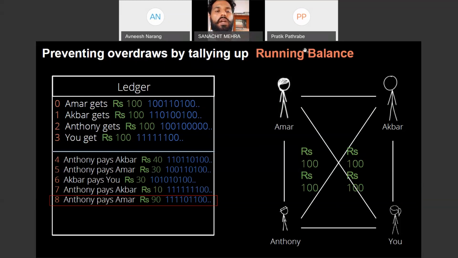Okay. So one cool thing that this leads us to is after we've pooled an amount to the central ledger, we can keep a running balance on the ledger forever. We actually don't ever have to take money out of the ledger and spend it or give it to each other in cash, which means that once we have abstracted away fiat and made it available on the public ledger that we are now running, we can do any kind of transaction as long as we are well within the bounds of our balances, and we can keep adding balances as well,